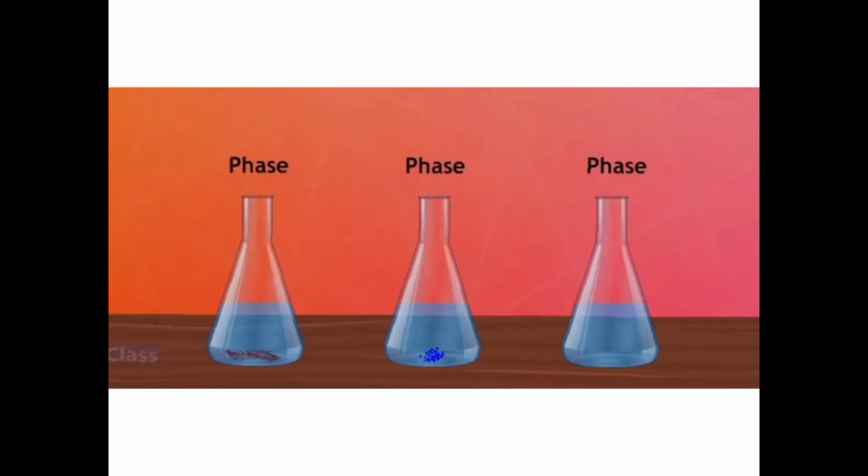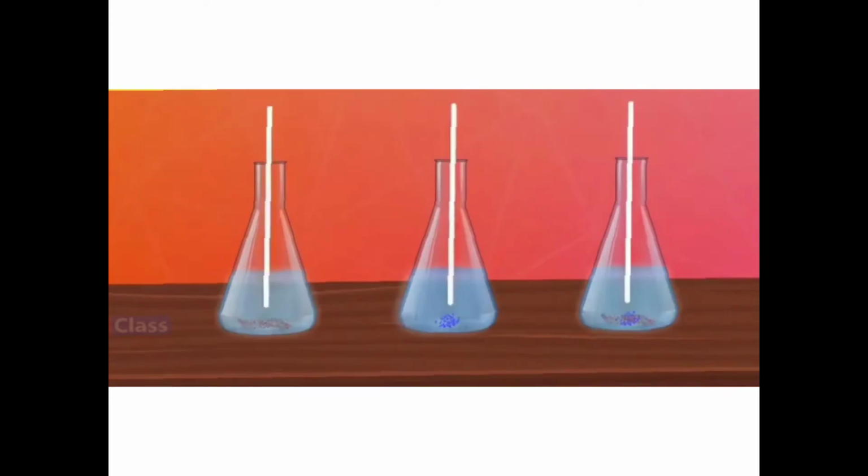Types of mixture. To understand this, let us take three beakers or three conical flasks and take a little sand and water in the first beaker. Take some blue vitriol and water in the second beaker and take some sand in the third beaker. Okay? So now you are to add water into each and you are going to stir and record the observation.